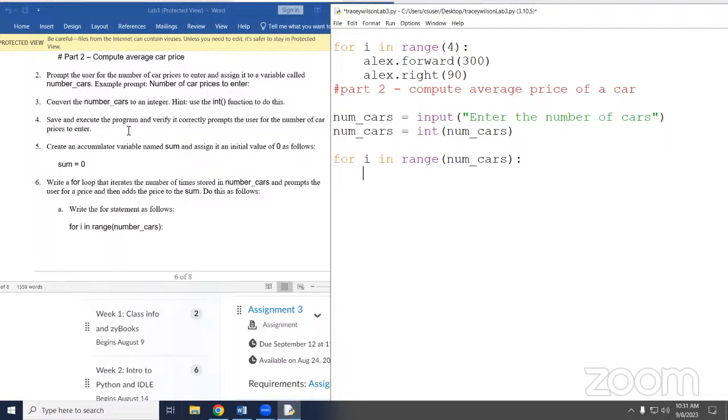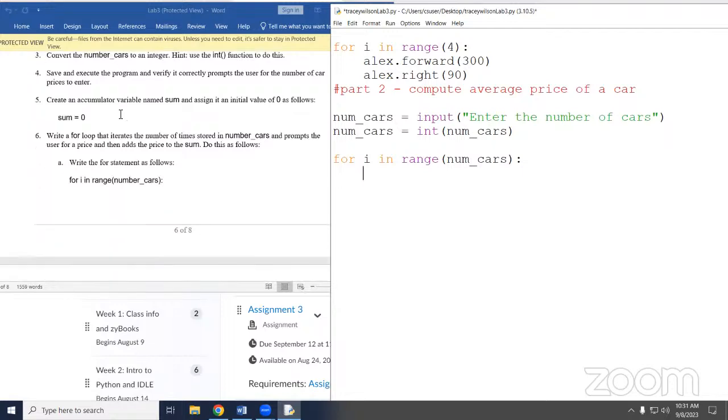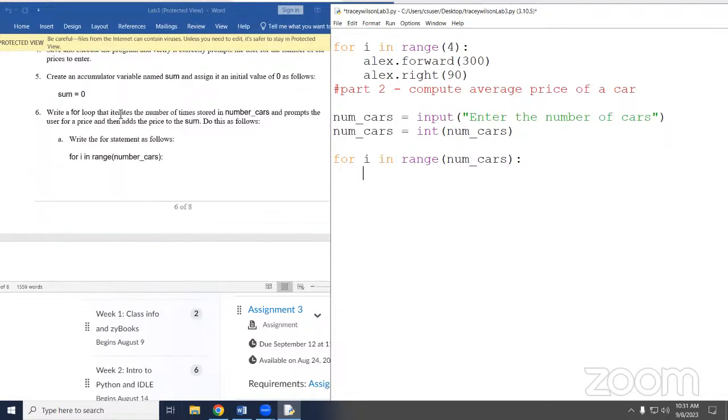So in here, I want to have an input statement asking for the price of the car. Right? So we also need to calculate the sum of all those prices.